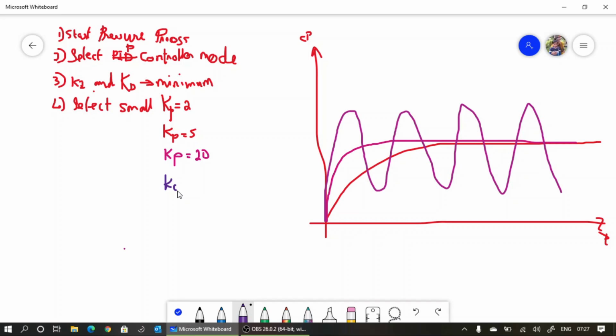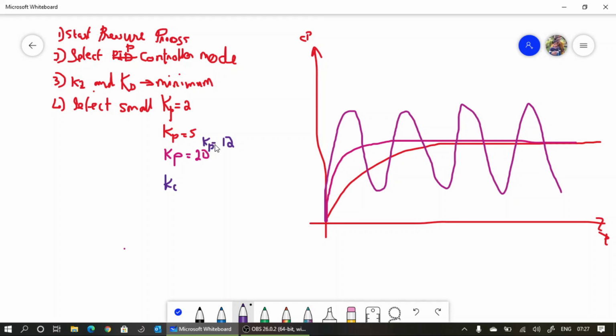Okay. So for that purpose, what we have to do? We have extreme values, 5 and 20. Can we increase Kp slowly, like 5.1, 5.2, like that? Or can we take 6, 7 like that? My suggestion is, already 5 and 20 extreme points are there. Take the middle point. So the middle point is 12. Check whether sustained oscillation occurred or not. This is something similar to the bisection method. So select Kp equal to 12.